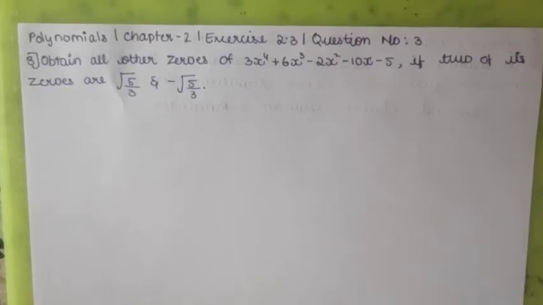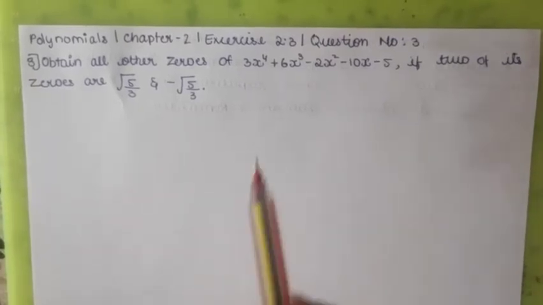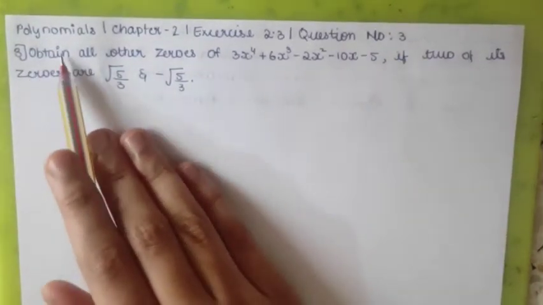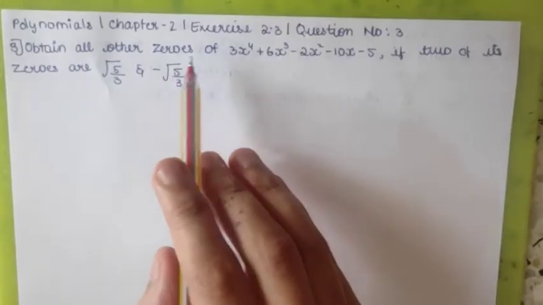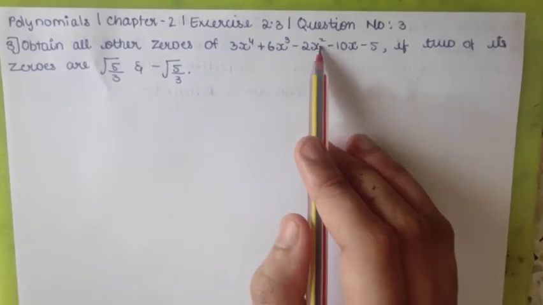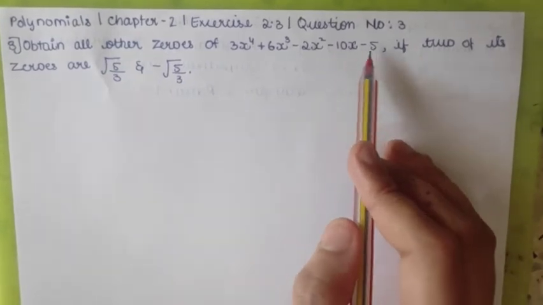Hello everyone, welcome back. In this video we are going to learn exercise 2.3 question number 3. Now let's read the question. Obtain all the other zeros of 3x^4 + 6x^3 - 2x^2 - 10x - 5